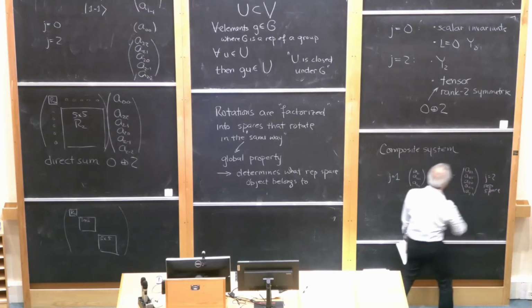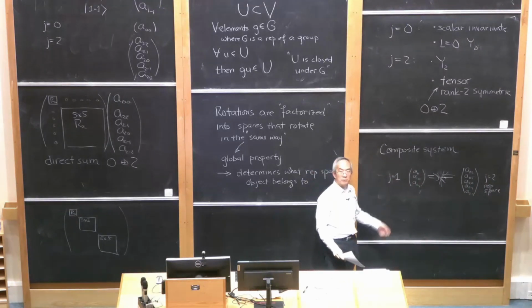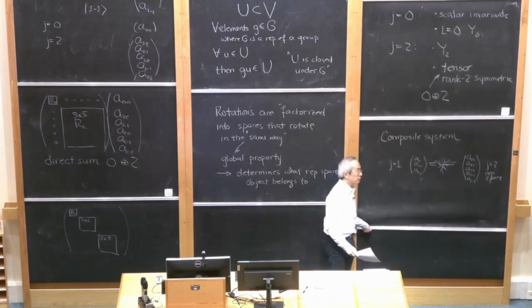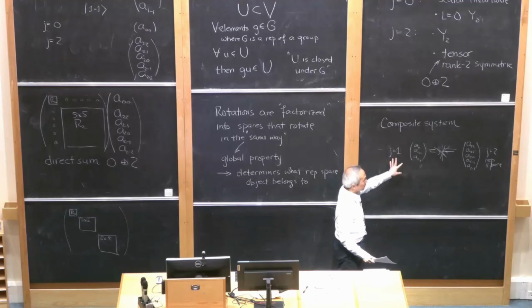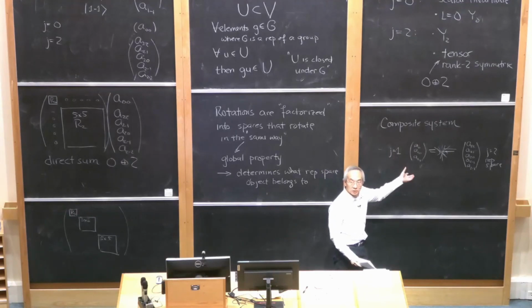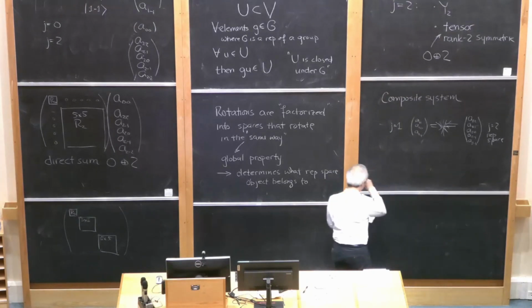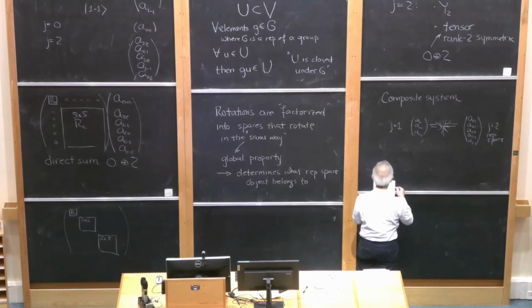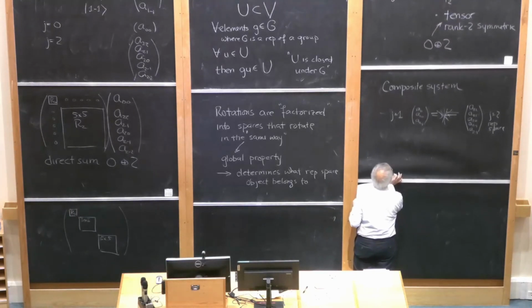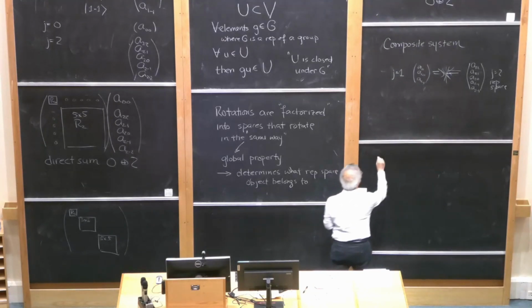Now, it's still true that you have spherical symmetry. So these still have to belong to a representation of some kind of the rotation group. And the question then is which one it is. So the natural basis for describing this kind of system, the interaction between these two things,